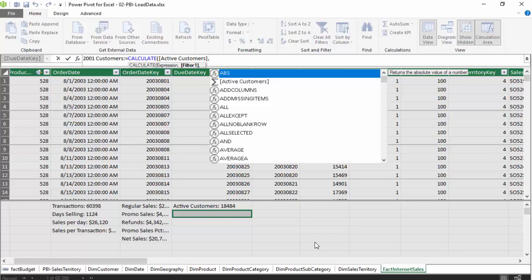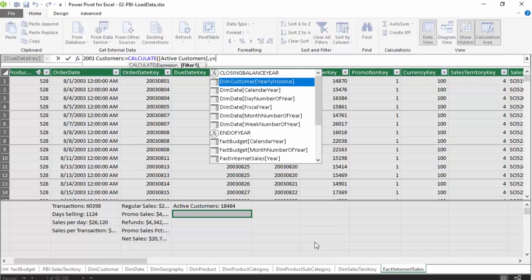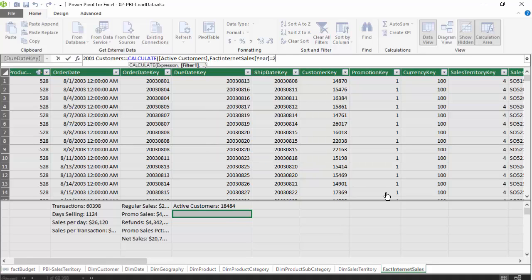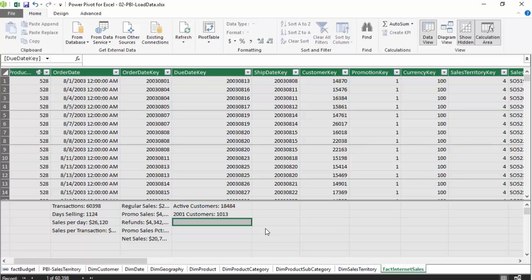So here we can filter that one equal to 2001. So this will give us the number of customers in 2001. So if you divide, so growth in customers will be active customers divided by